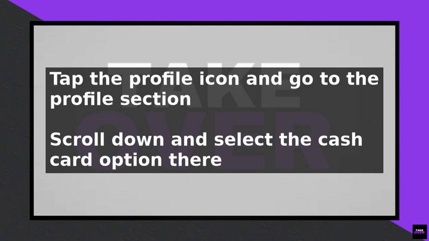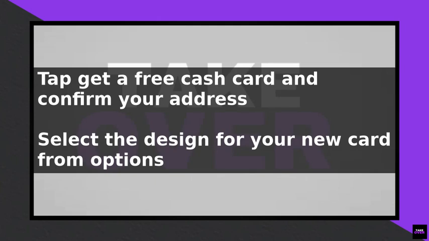You will be prompted to confirm your address and other personal details. Make sure the information is accurate, as this will be used to mail your new card. After confirming your details, select the design for your new card. You can choose from a variety of designs, including a custom option that allows you to add your own image